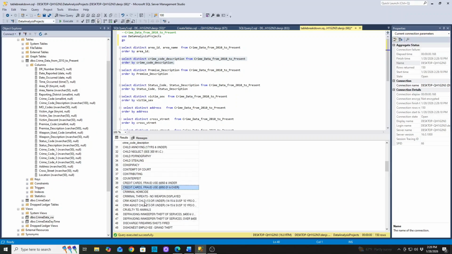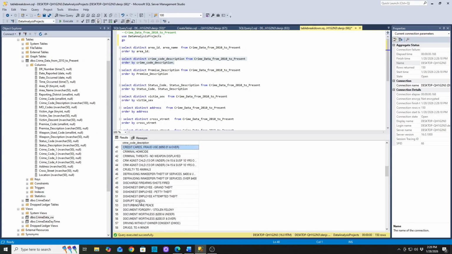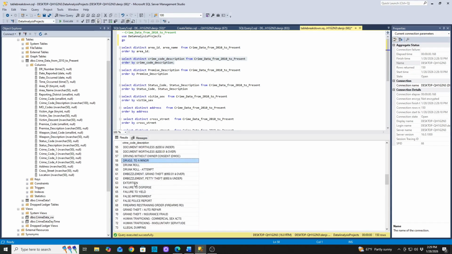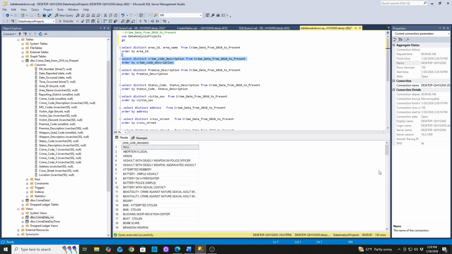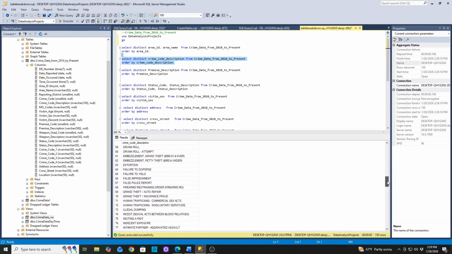Oops, back up. That's not a good one. Get back up to the beginning, crime code description. So when I get crime code descriptions, one of the issues we can conceivably have,